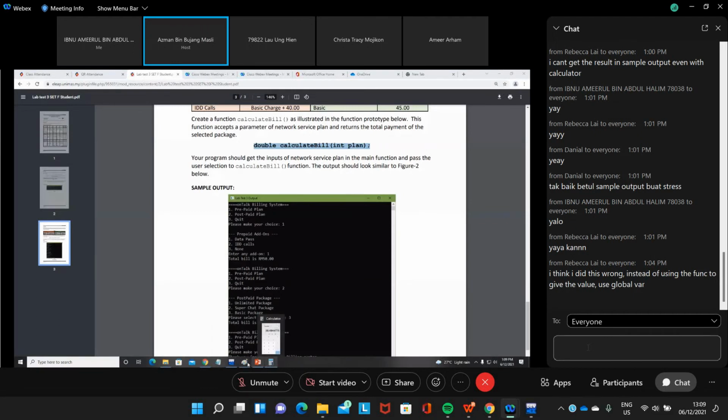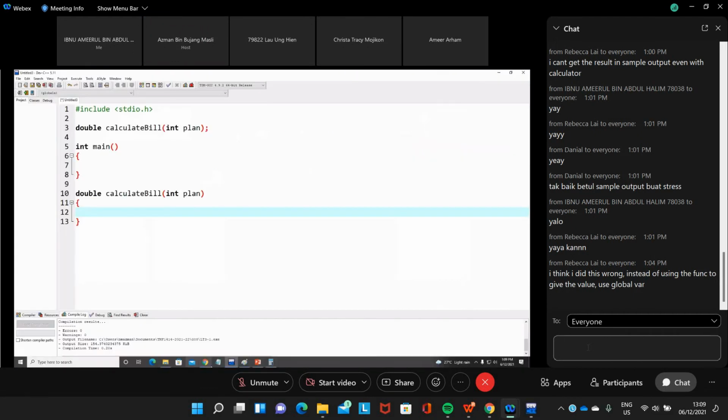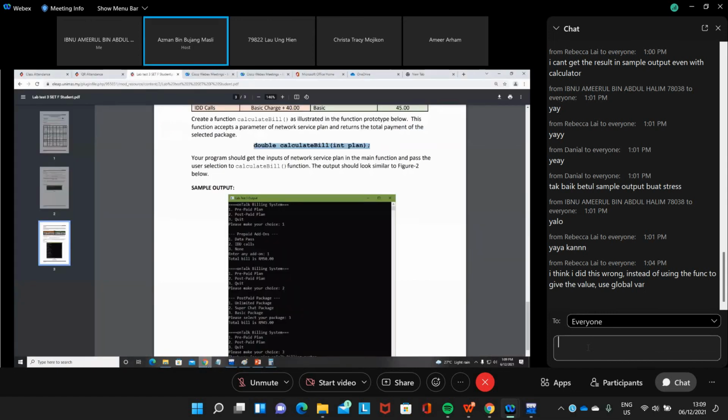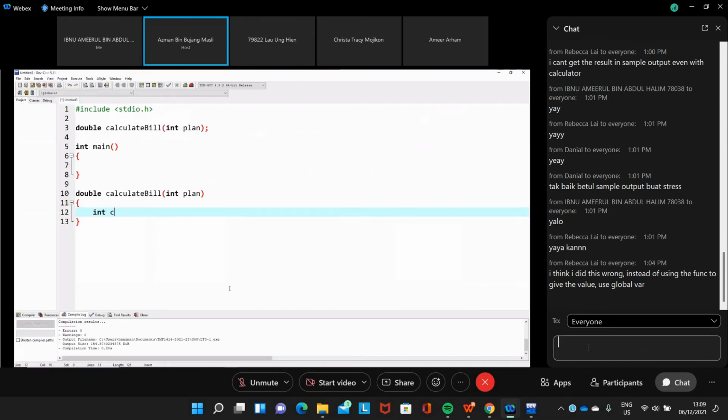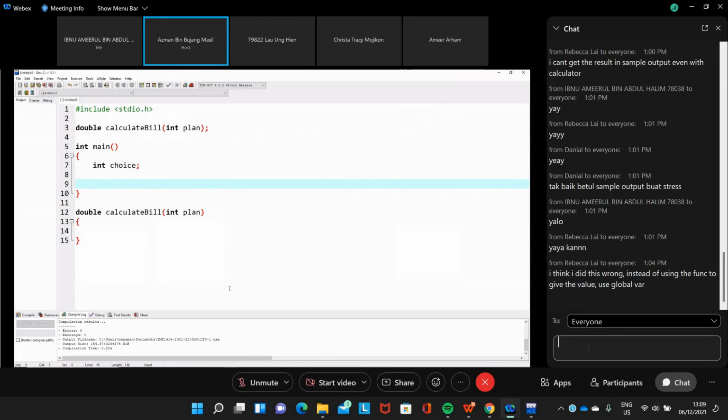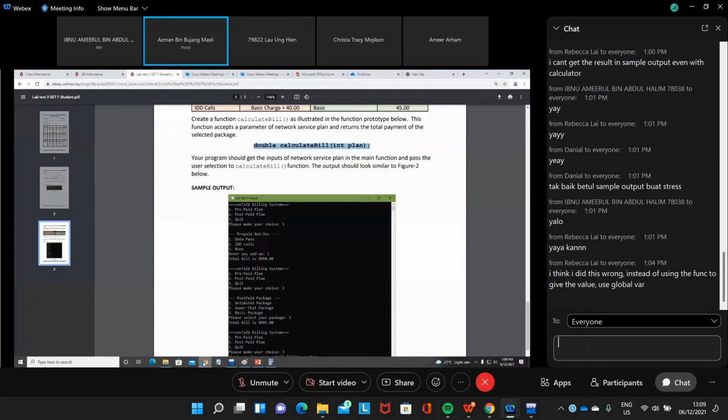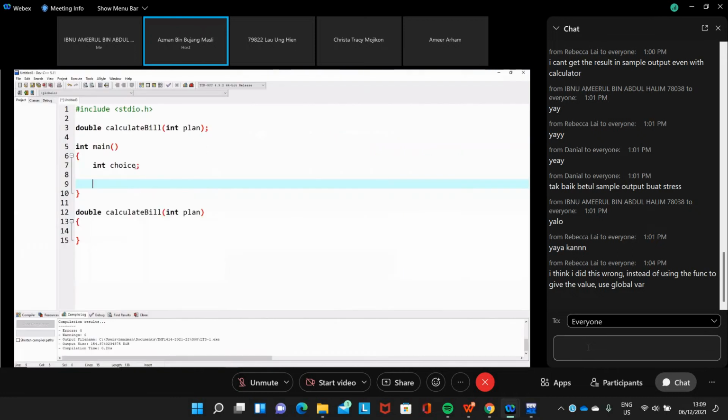So this one we need to ask the user to enter the choice. So we have integer choice, in the main. Choice. And then here we need to display the menu. We just print out that one. Let's say choice equals 1.